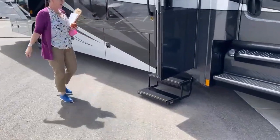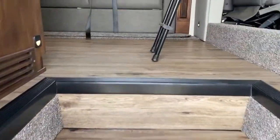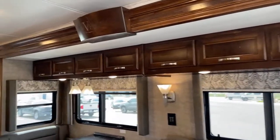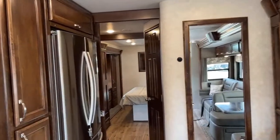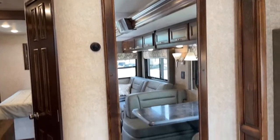And Jody, I'll let you go ahead and start towards the bedroom first. So as you'll notice, once again, very similar entryway, similar really nice laminate floor with a wood grain appearance, very classy. And then this is the 40 VBH. So look at that mirror, Jody, catch that mirror. That's a big deal for a girl like me, to be able to get ready and have a full-length